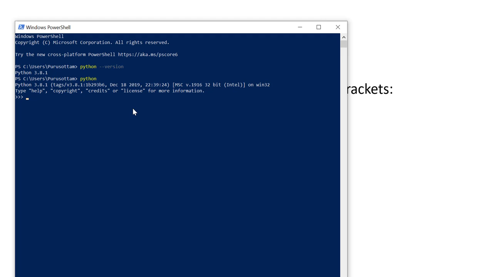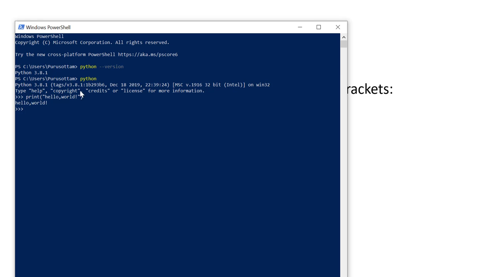After that, print. If you type print hello world, then you will get the hello world output.